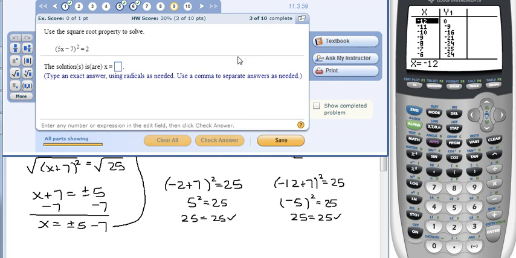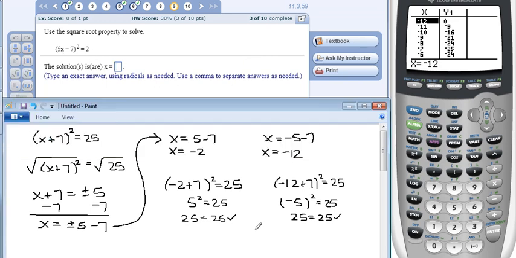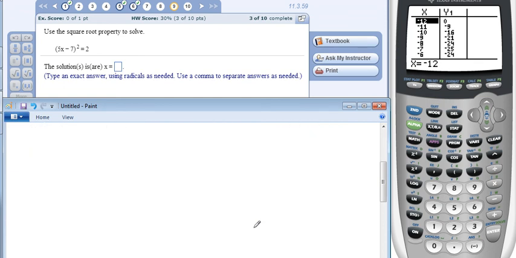I don't think this one is going to be, though, because this one's got a 2, which is not a perfect square. So we should probably try this one. All right, so here we're looking for the solutions, which are the x-intercepts. We've got our square isolated on one side, so that's really good. So we're going to just start by taking the square root,